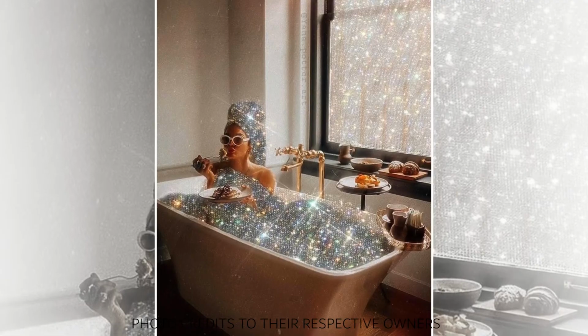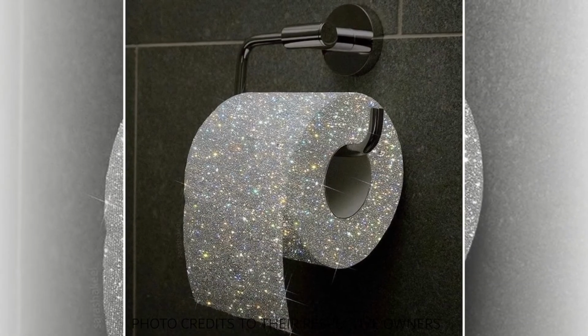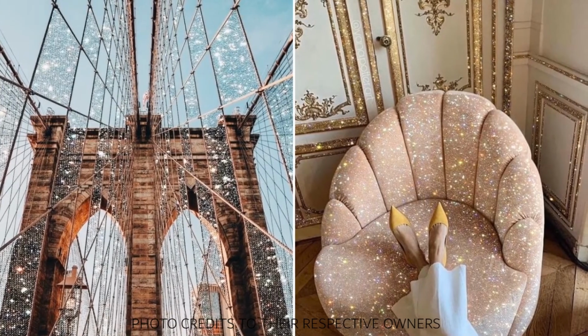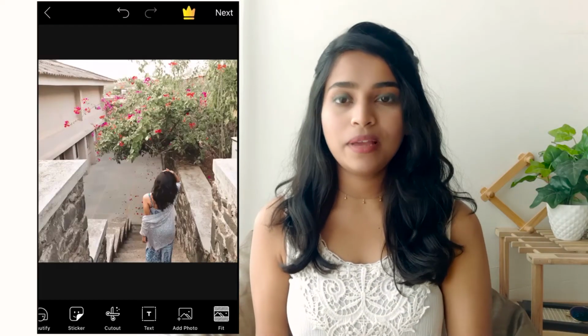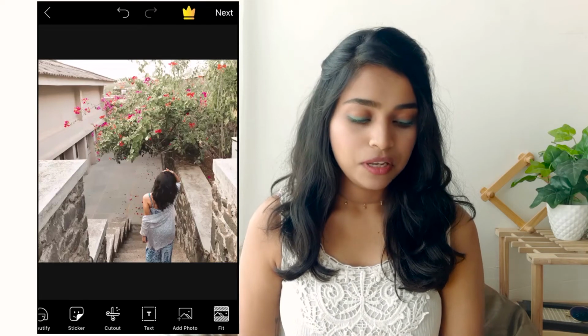So next effect that I'm gonna apply is this glitter effect. Now I was previously very curious how do people actually create this glitter effect. I thought it's like an Instagram story filter, because we do have a story filter on Instagram which gives a glitter effect, but it is not. And some people do use Photoshop for it, but we are not gonna use that. We are gonna use a mobile app which is PicsArt. I'm gonna open PicsArt and start editing my picture.